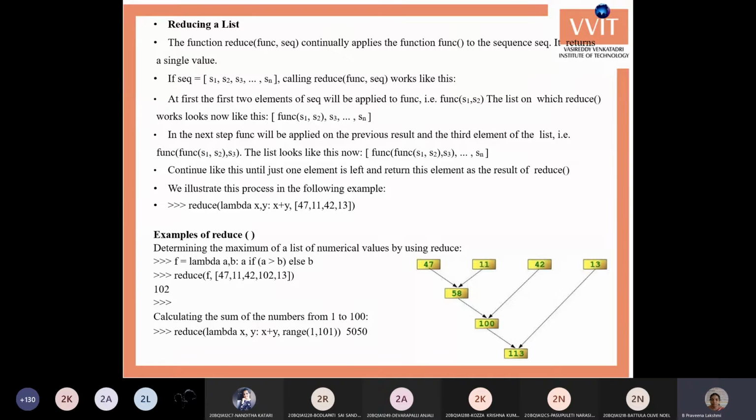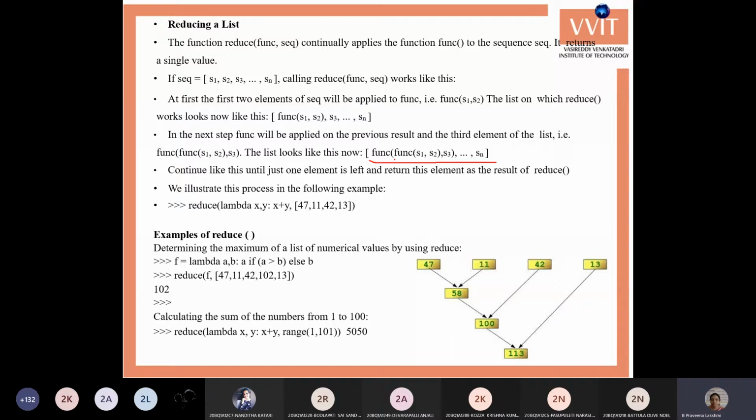This function is called the reduce function. Here we can pass a sequence of values, but the operation is performed on two values. It will be called like this: function of s1, comma, s2.